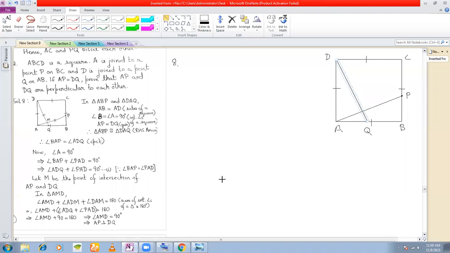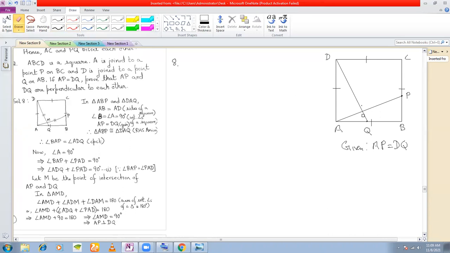If AP is equal to DQ, so that means given here is AP is equal to DQ. That means these two lines that I have joined are equal in length. That is given to you. Prove that AP and DQ are perpendicular to each other. You need to prove that this angle here is 90 degrees. That means AP and DQ are perpendicular to each other. So let's proceed to show that they are perpendicular. How to show? Now see,